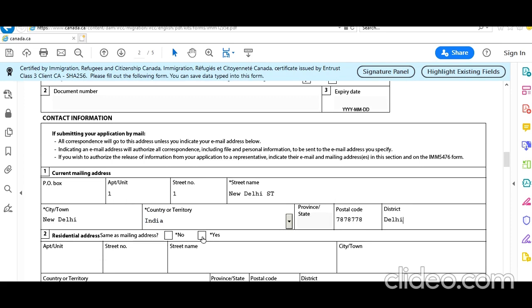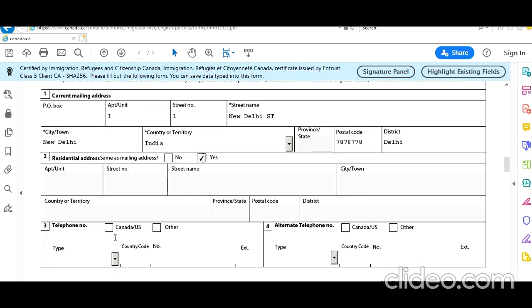Residential address same as mailing address: yes. Phone number: he is applying from India, so he has Indian numbers. India numbers are 10 digits, and the country code is plus 91, so I just write 91. He has another residential number, 10 digits.